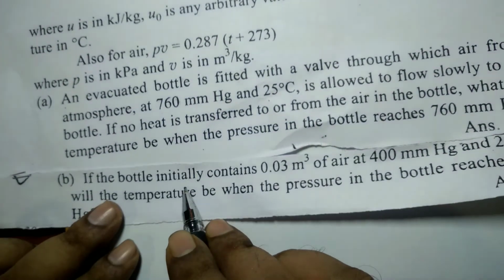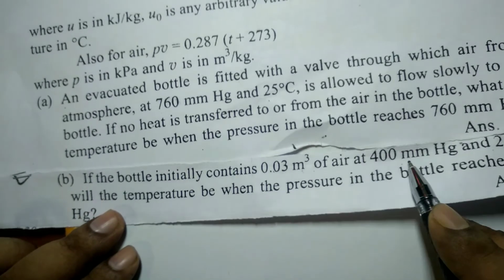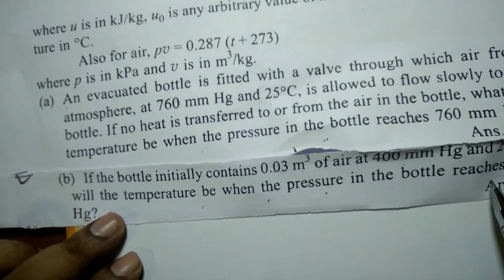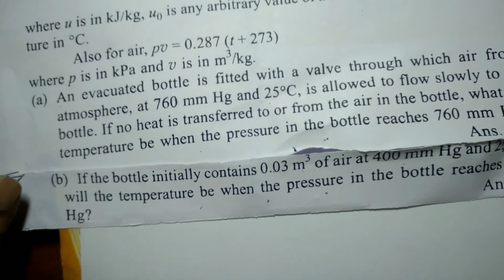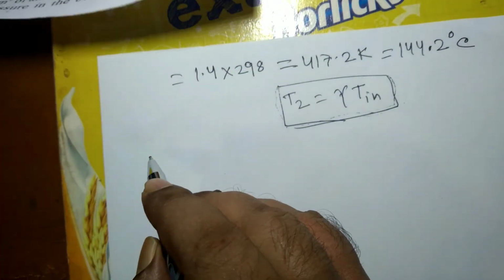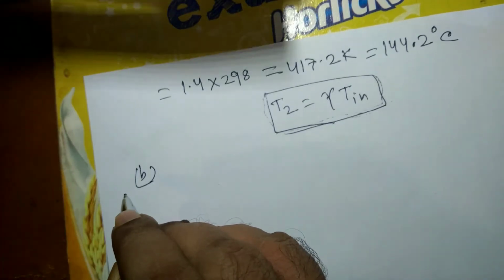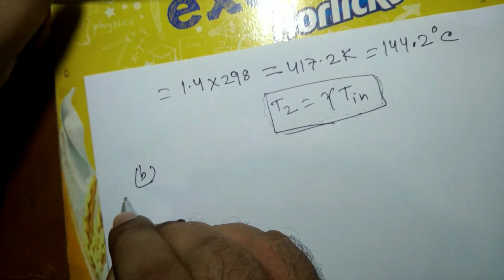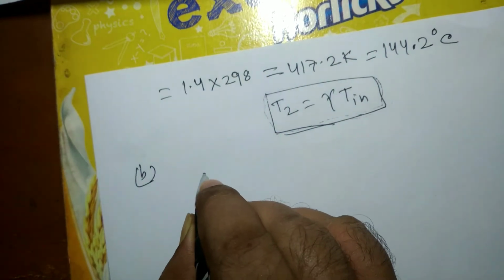In this case, if the bottle initially contains 0.03 meter cube of air at 400 mm of mercury and 25 degrees Celsius, what will the temperature be when the pressure in the bottle reaches 760 mm of mercury? So if there is something initially, the answer will be different. In the first case, it was given that the bottle was initially evacuated. So in this case some mass was there, so m1 will be